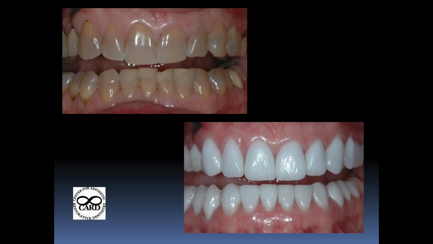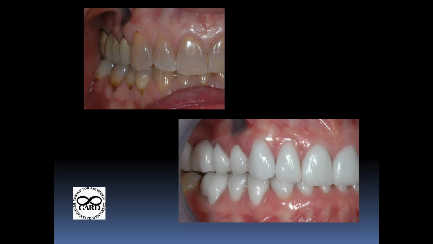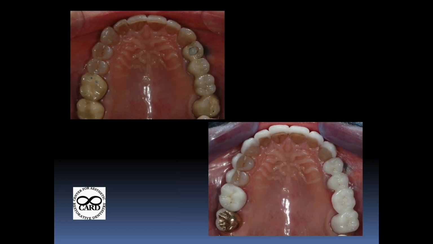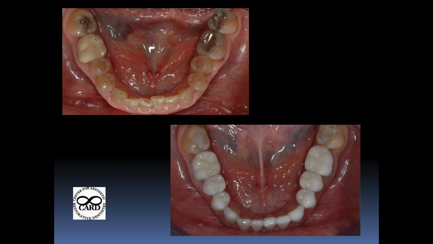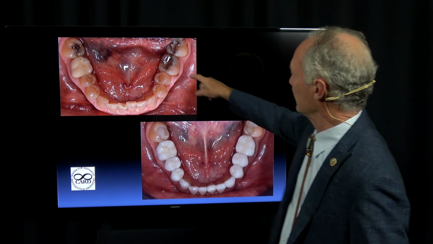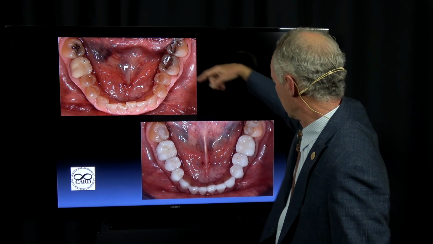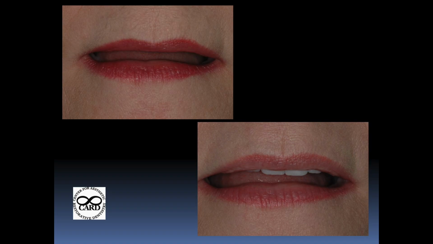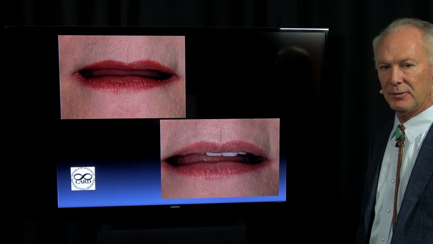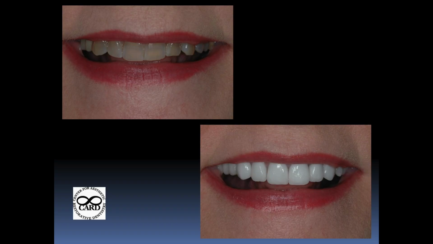And so we've veneered the maxillary and mandibular anterior teeth, replaced all the old stuff, crowns up here, bridge over here, crowns, composite. It had a cracked tooth right here. We placed crowns on that tooth, bonded composite here. Lengthen the teeth so she has tooth display with lips in repose, and you end up with a nice result